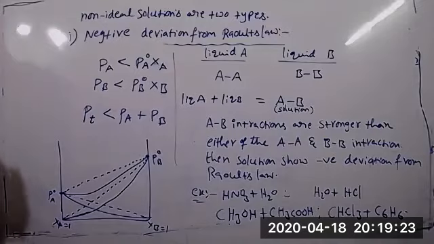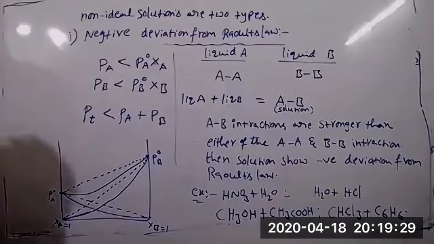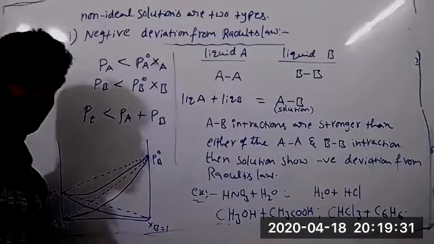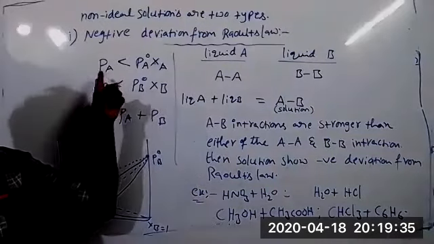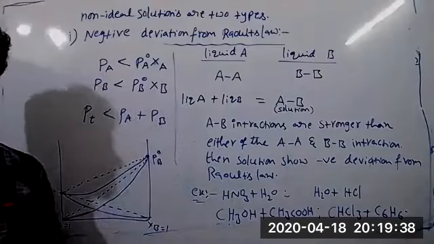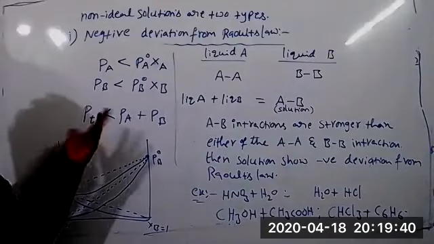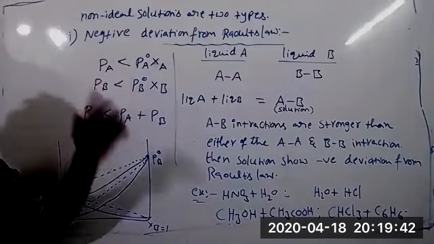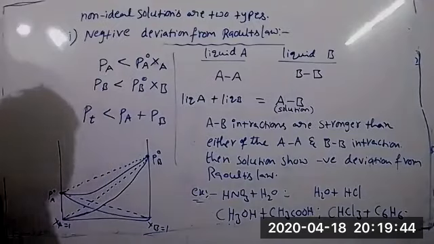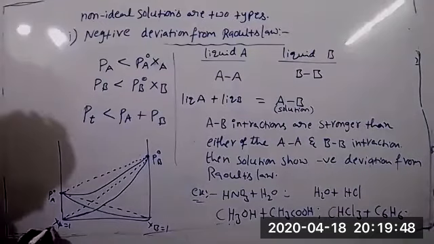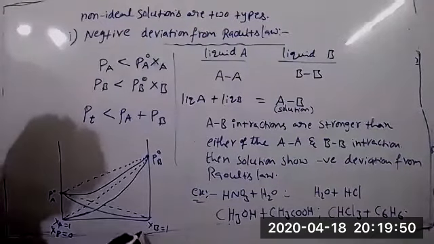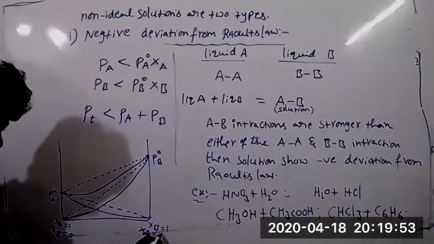Sir, how are both XA and XB equal to 1, sir? The mole fraction is okay. XA plus XB is always equal to 1 only. The mole fraction does not change. Here the only difference comes in the vapor pressure. Due to that, the vapor pressure, P total, PA and PB also change. So here XB is equal to 0, here XA is equal to 0.